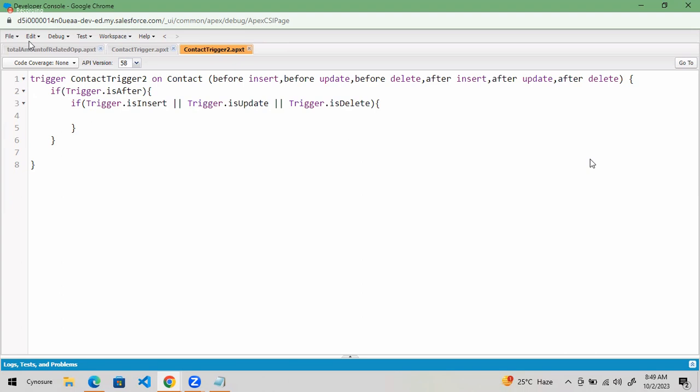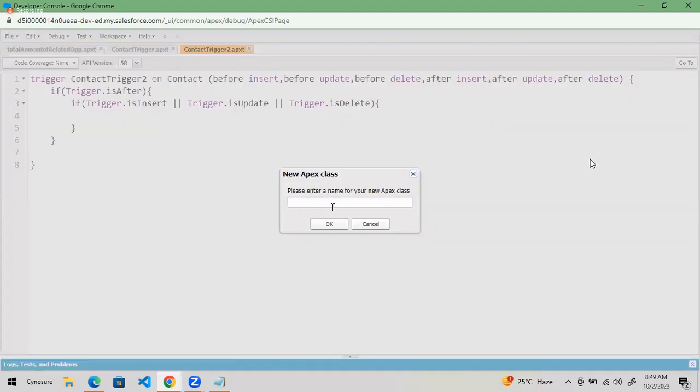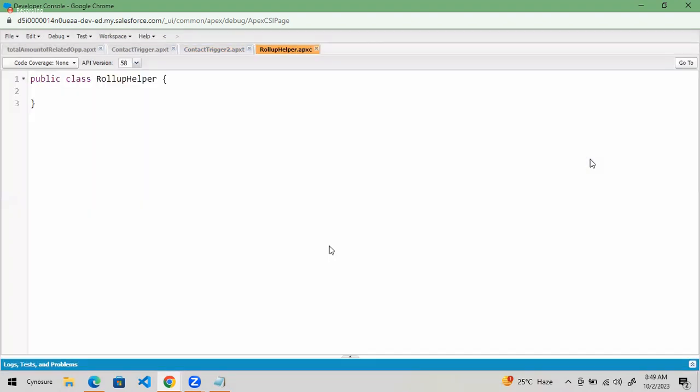So first that class I should create, right? Let's go create a new Apex class. The name of the class can be anything, but if it contains the word helper, that will be easy for us. Okay, so inside this class,